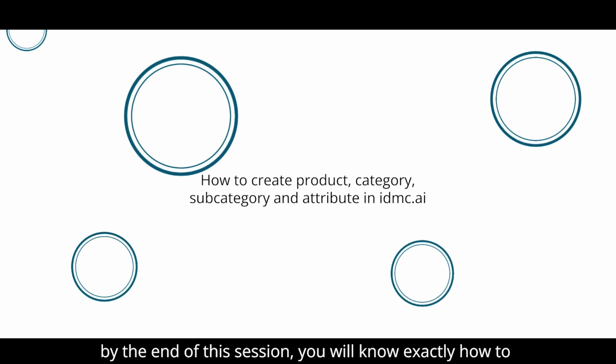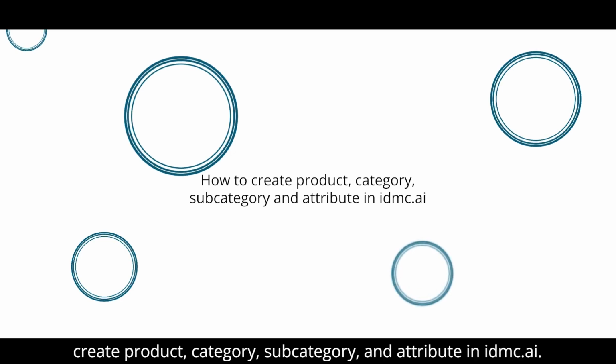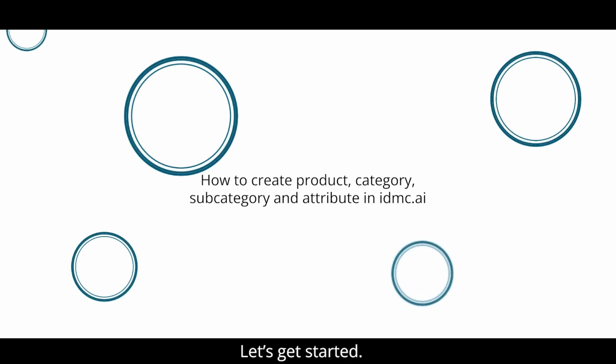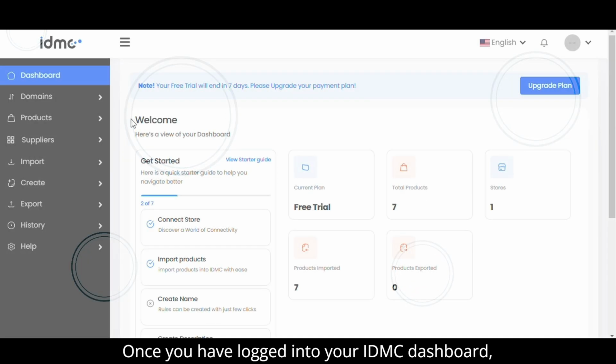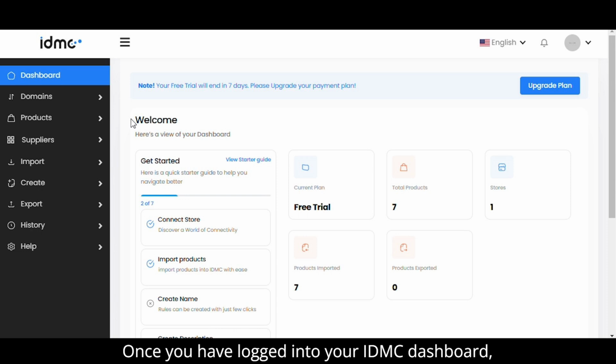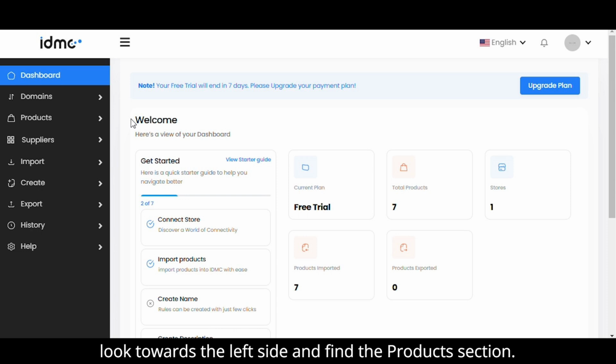By the end of this session, you will know exactly how to create product category, subcategory, and attribute in your IDMC.ai. Let's get started. Once you have logged into your IDMC dashboard, look towards the left side and find the